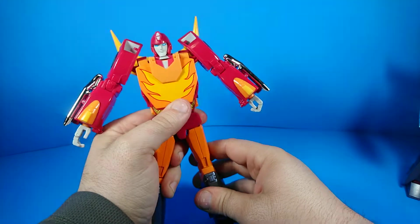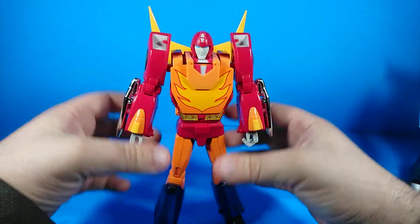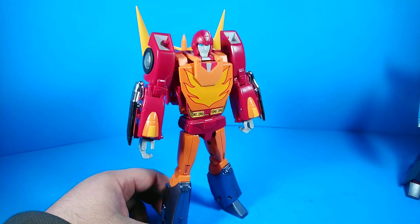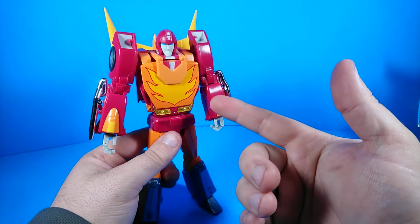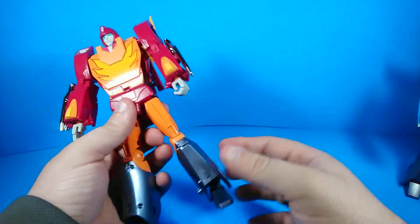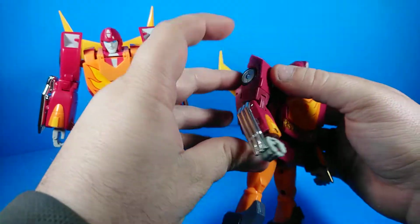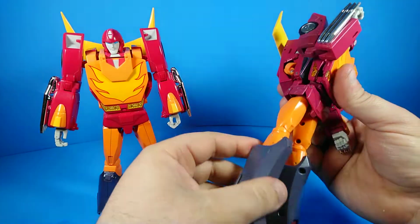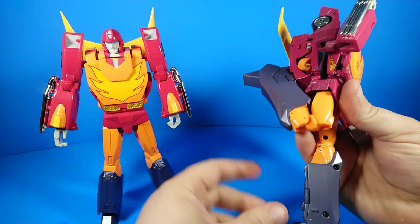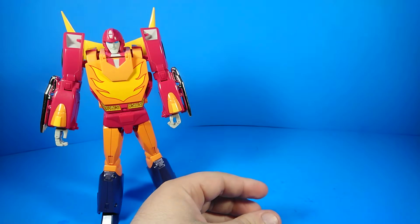That's him for posability. I feel that they probably could have done better on posability. I mean, it wouldn't be difficult to engineer a greater range of motion into either the elbows or the knees, especially since Takara did it splendidly. Elbows, knees. I mean, it just...